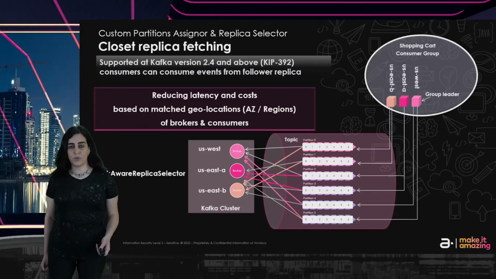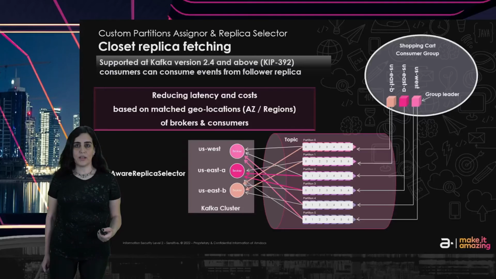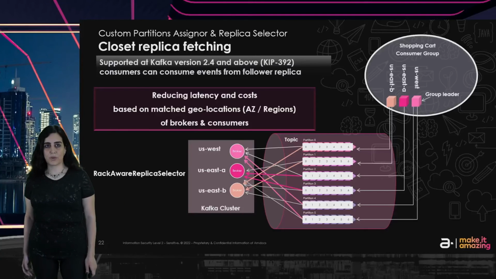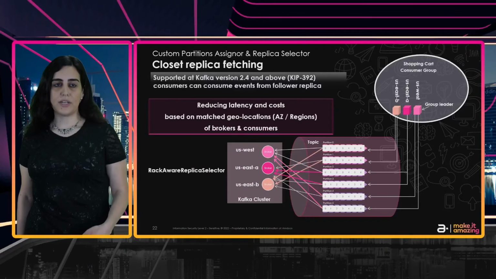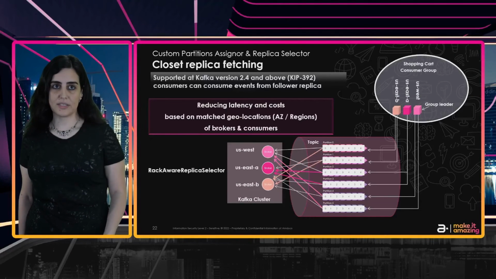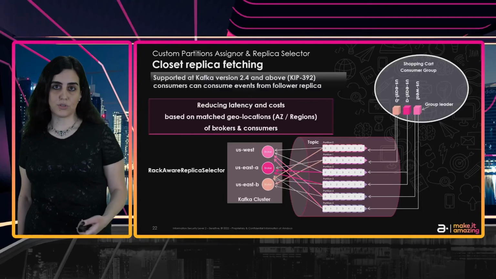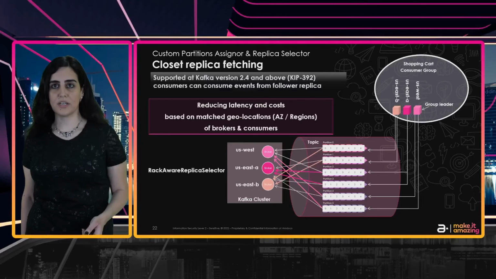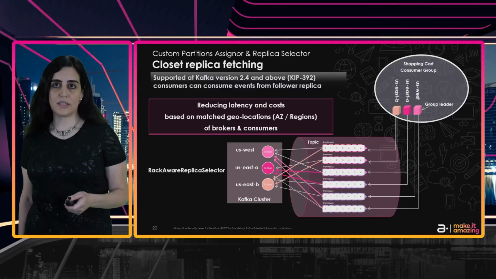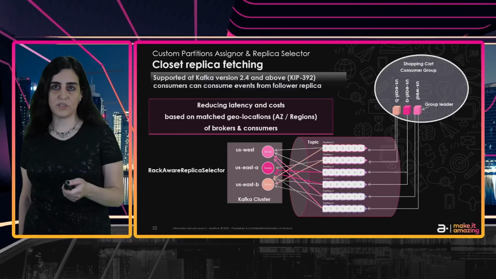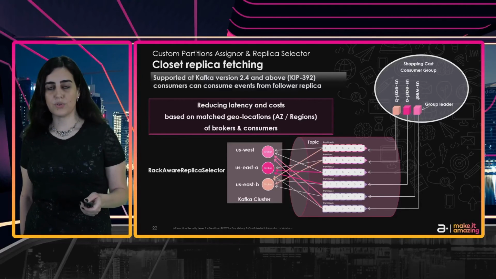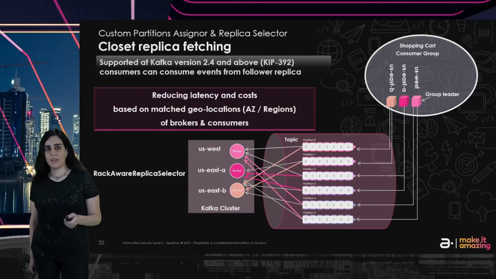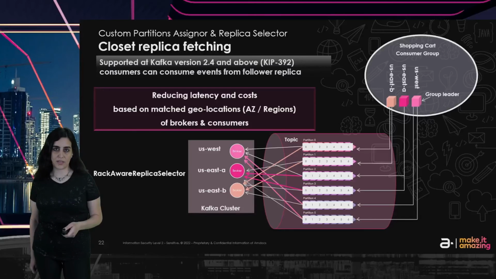By default, this is done on the broker side. We have the leader replica selector, which is there to support backward compatibility, but Kafka now also provides a new selector, the rack aware selector, and this can also be customized. You can provide your own implementation for it, but by default, if you just use this rack aware selector, it means that from the client side, you set what the rack ID is. So in this case, let's start with the first one, the West, and also on the broker, you configure what the rack ID is. Then, if some replica exists, it doesn't matter if it's the leader replica or the follower replica, the consumer will connect to the closest replica.